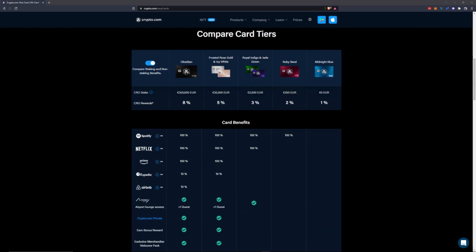So if you take a look at the next one, you will have to deposit 3,500 euro or dollars and stake the Crow to receive the Royal Indigo or Jade Green, and you will get 3% back. You will then also receive Netflix for free at 100%. Basically what happens is they refund you the amount that you need for Spotify and Netflix, and you can then pay your